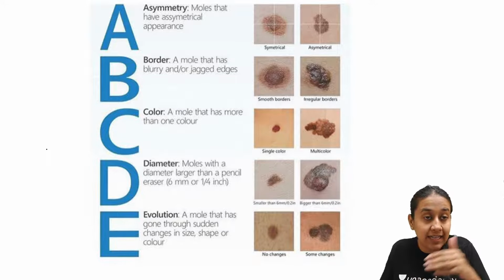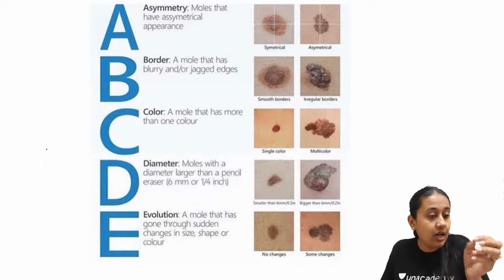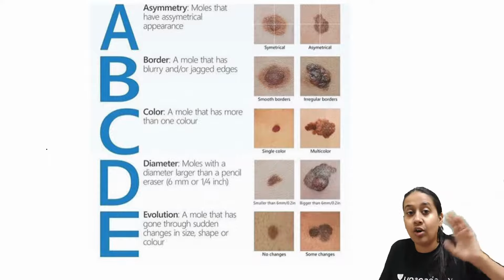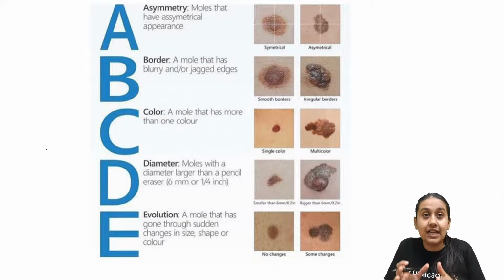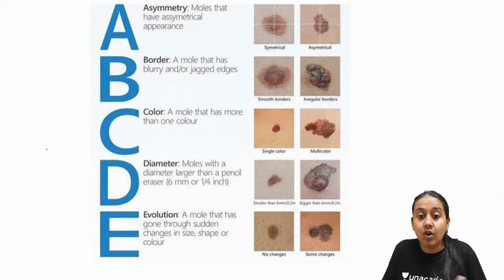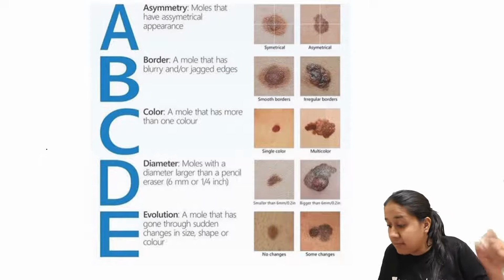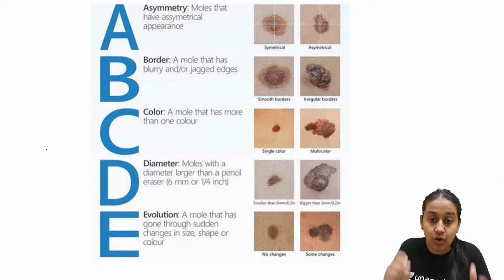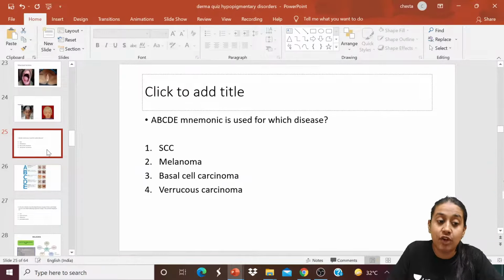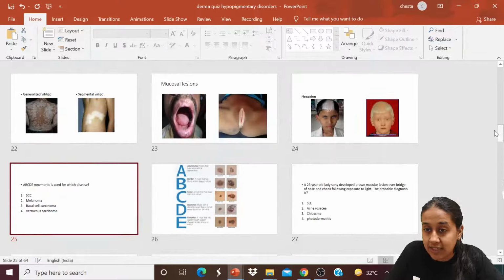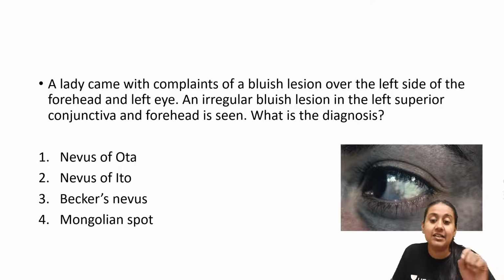Sometimes what happens is, if somebody has a benign melanocytic nevus that was a particular shape or size for a very long time, but suddenly it starts changing its shape, or increasing from one side, or the color becomes abnormal, or the diameter becomes more than 6 mm, then everybody has to suspect that it is a case of malignant melanoma. Okay? So in the A, B, C, D, E mnemonic, E is for evolution. It is a very classical question or image for malignant melanoma.